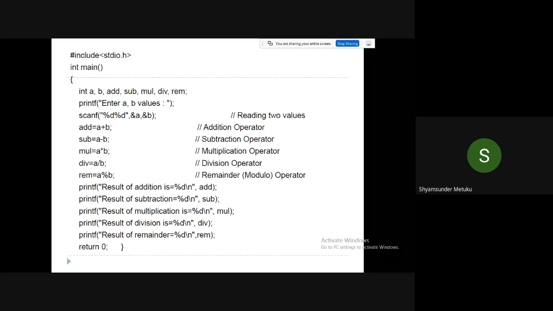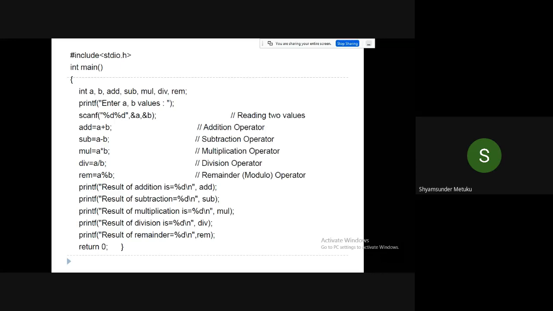Okay, I'll leave the doubt to you. I request all the students to think over it. I want to reduce the amount of memory usage. If there are 7 variables, 7 into 4, a total of 28 bytes of memory is used. So I just want to save memory. Instead of 28 bytes, let me have only 12 bytes. A is 4 bytes, B is 4 bytes, C is also 4 bytes.